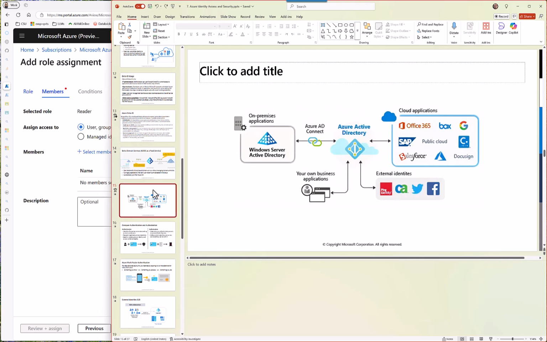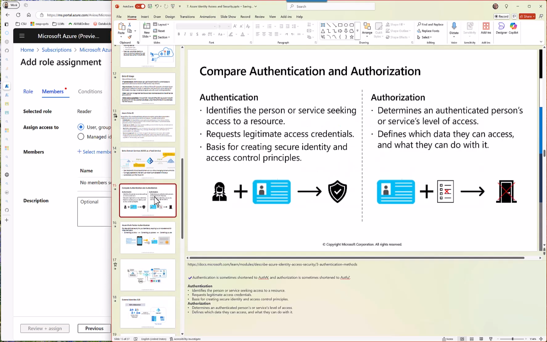Actually, I want to move this one to over here. This one should be moved back also, right? Authentication makes sure it's you, based on the credentials, based on multi-factor authentication, based on whatever the different things are. It checks if it's you, it verifies, right? And authorization is, it's you, but are you allowed to access what you're trying to access?